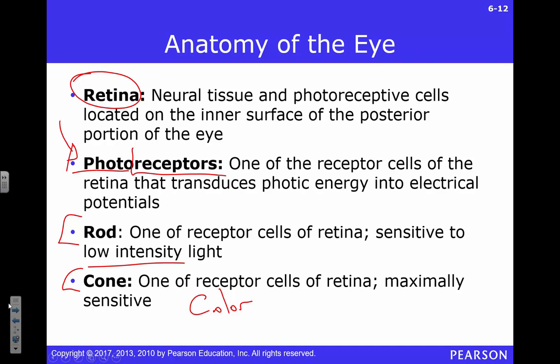So what's really happening is whenever you look at something and you really want to examine it in detail, you should always put it in the center of your vision, right? So that it falls on something called the fovea, which is this spot in the middle of your retina, which is really tightly packed with a bunch of cones, right? So you've got super good vision there, the best you're going to have anywhere else, and it's really sensitive to light and colors. Humans being diurnal, which means we're up during the day instead of nocturnal, which means we're out and about during the night. So we're really going to use those cones to get our way around.